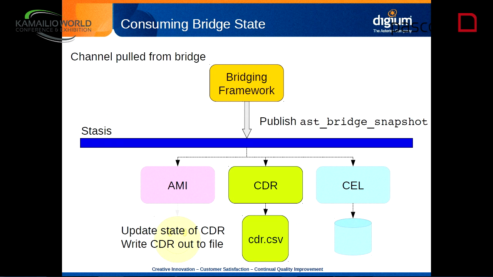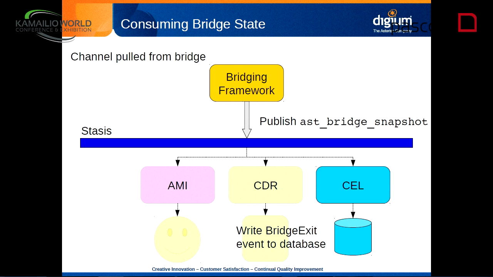CDR is going to interpret that a particular way. It's going to update the state of the CDR, and assuming that the CDR was closed as a result of that, it's going to write the CDR out to the file, and CEL is going to possibly write the bridge exit event out to the database. They could drop them, it just depends upon how it's configured or what it's supposed to do, but everybody actually gets their own interpretation of what this event means. And again, we didn't have to shove all that stuff back into the bridging code,